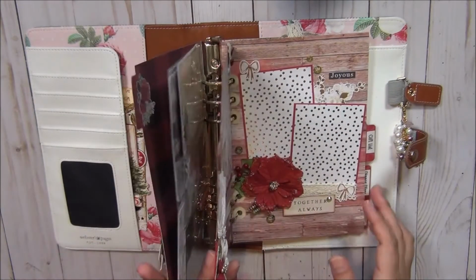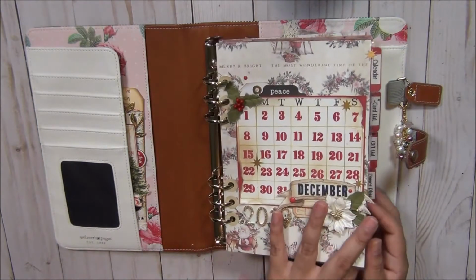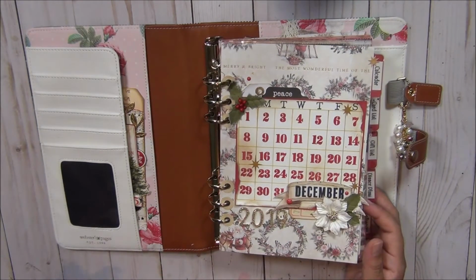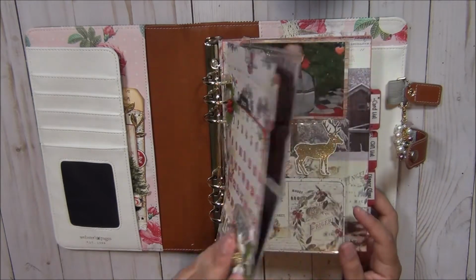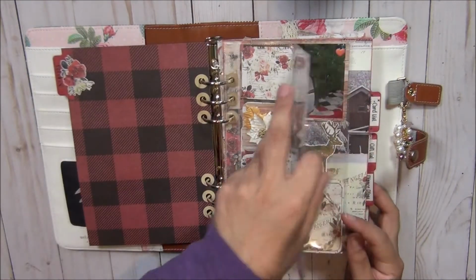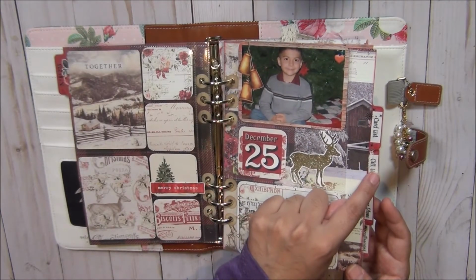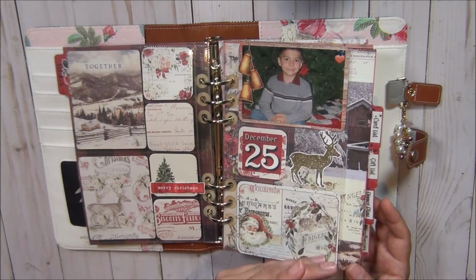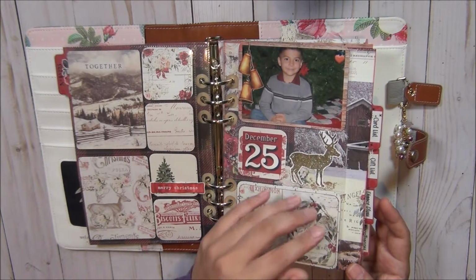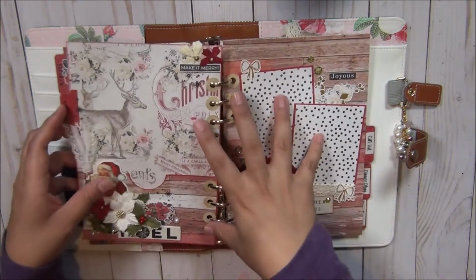And then these are my dividers, you guys. I have 5 dividers. I had 5 dividers last year also. This is just what works for me. So I have a divider that's the calendar, the card list, the gift list or gift ideas. Remember, I use this in different ways. So card list with the addresses, and I plan to have